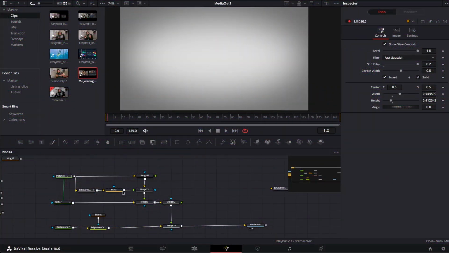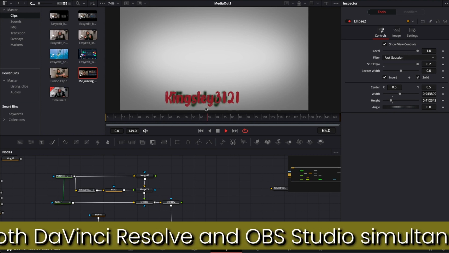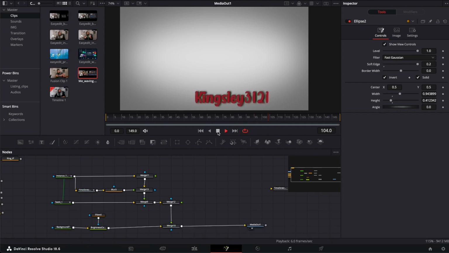So let us begin. As you can see on the screen, I already have nodes assembled. If I play this, you are going to see the text coming in, doing some kind of glitch, then stopping, and that's it. While this isn't hard, and it could be achieved in various methods, I chose this method for a particular reason,